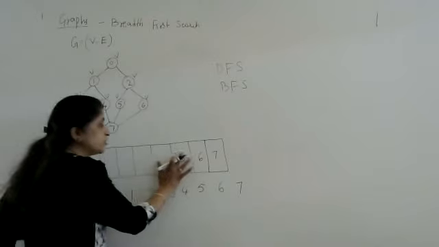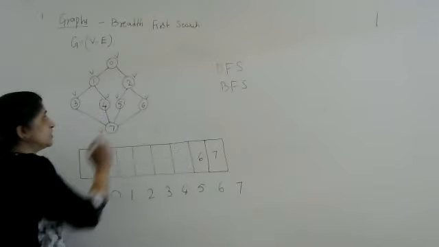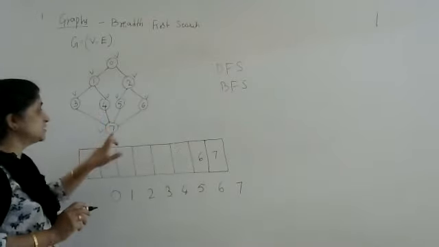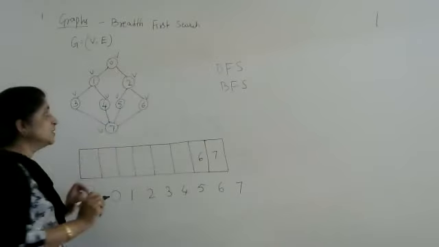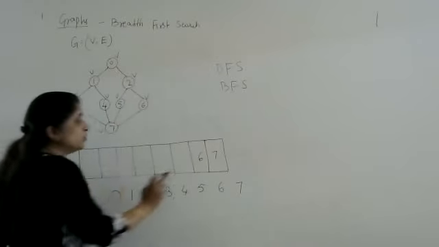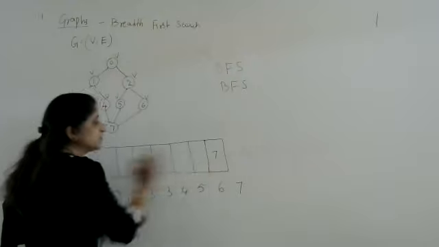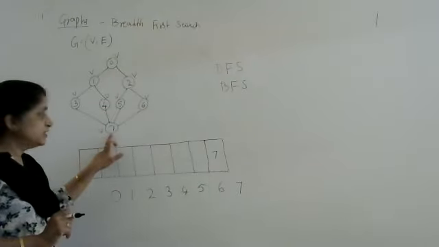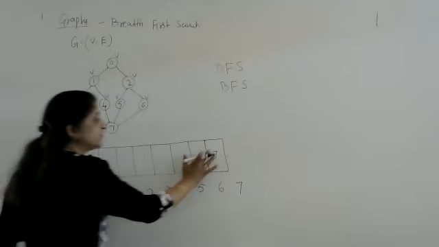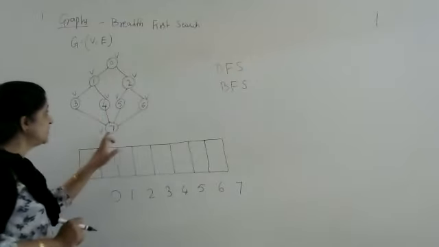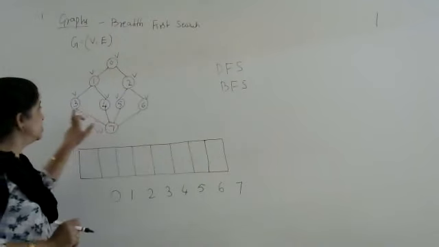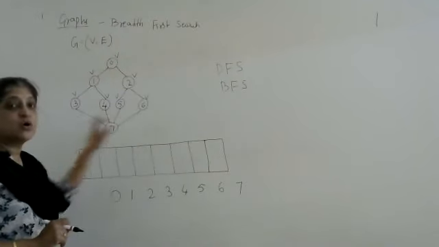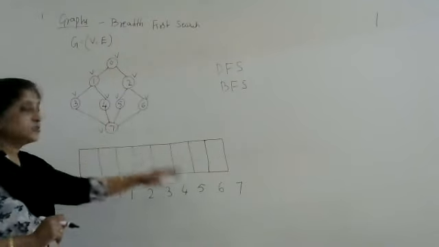Then at the front of the queue you have 5. 5 also has 2 adjacent vertices, 2 and 7, both are visited. Remove, then check in the queue, we have 6. Remove 6 from the queue. 6 has 2 and 7, which are visited. Then at the front of the queue, we have 7. Remove this from the queue. 7 has 4 adjacent vertices, 3, 4, 5 and 6. All are visited. Now check the queue.